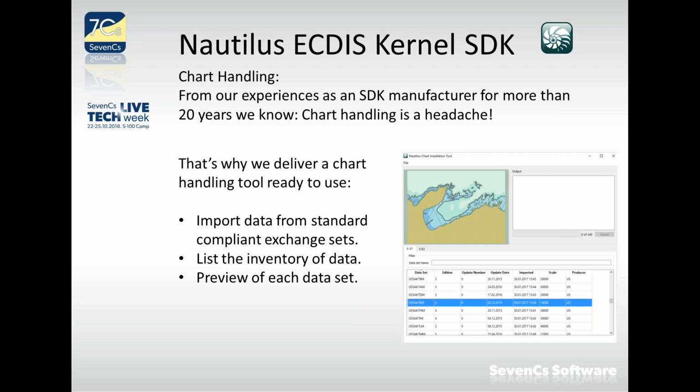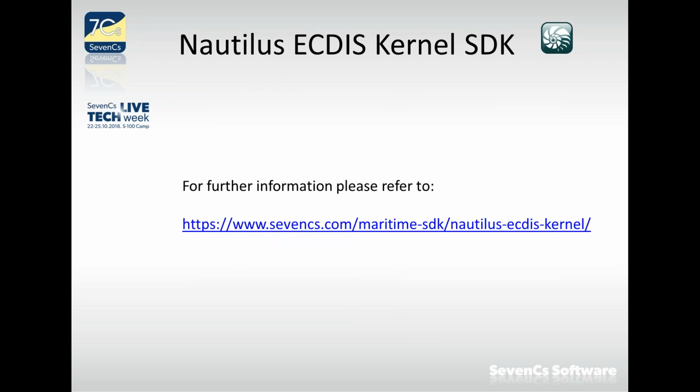You select one data set in the list, and it is automatically shown in the little chart image in the upper left corner of the application. You can even zoom and pan in this little window. It's not just giving you a picture, it's really a live chart widget which you can use. So that makes chart handling really, really simple now. And I think that's the end of my presentation. If you are eager to know more about the Nautilus ECDIS Kernel SDK, you can follow this link